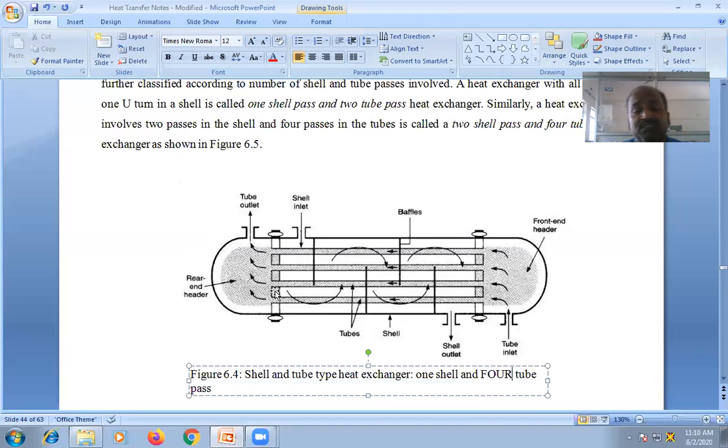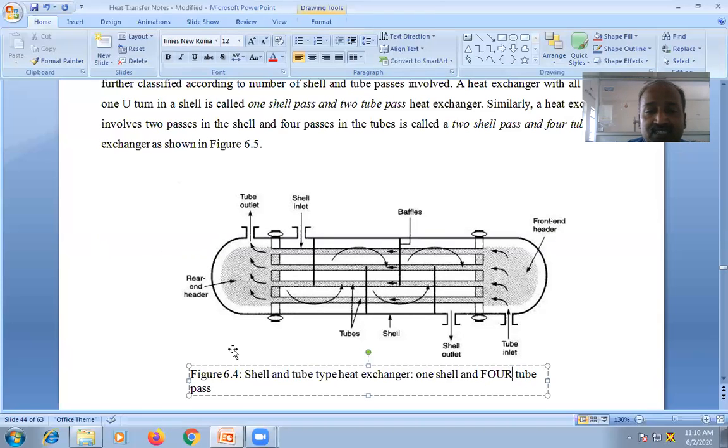What is the importance of this shell and tube type heat exchanger? Within a compact space, more heat transfer is possible, because one fluid is fragmented to flow in various tubes. A very good example: if the entire hot fluid is in one container, it takes a long time to cool. But if the same fluid is divided into 4 containers, each container will cool very fast, and that is the idea behind the tubular type of heat exchanger.